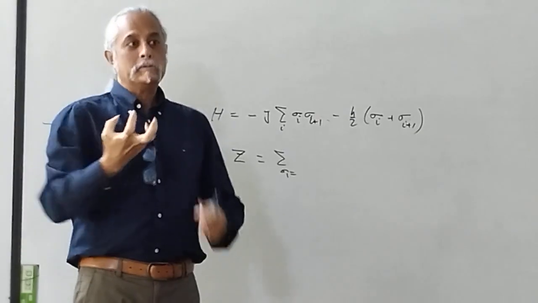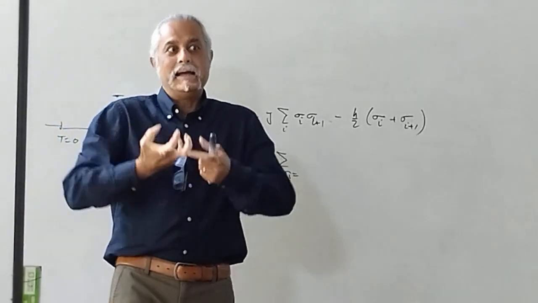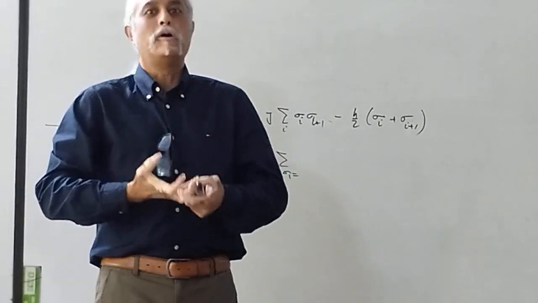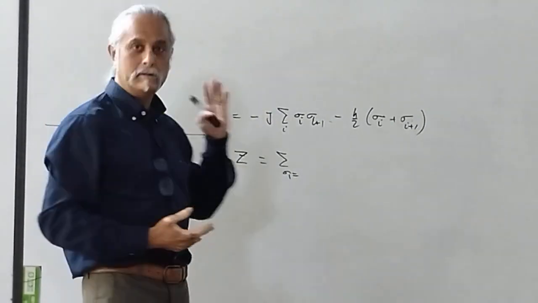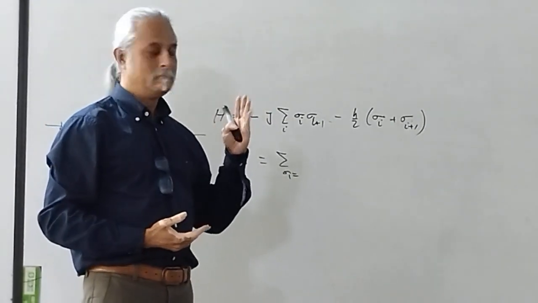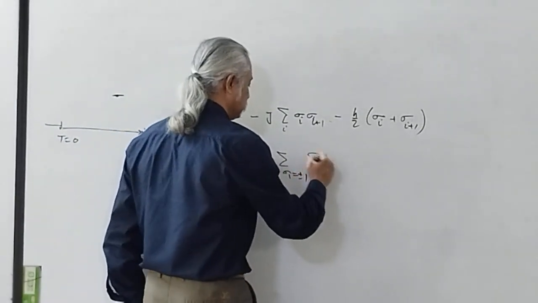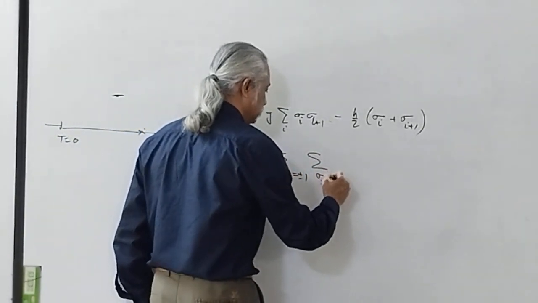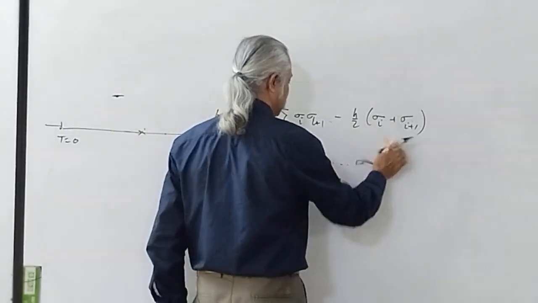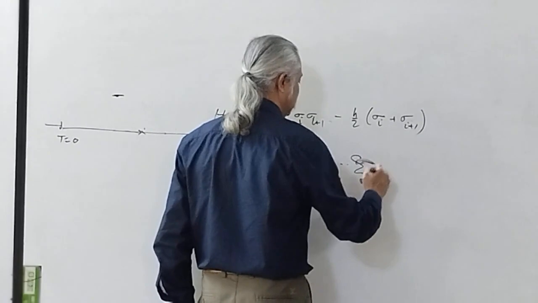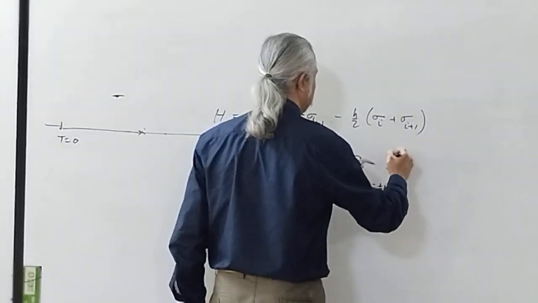Yet it can capture the essential essence of phase transition, and that is the triumph of the Ising model. তাহলে sigma 1 equal to plus minus 1, sigma 2 equal to plus minus 1, এরকম ভাবে sigma n, which is equal to also plus minus 1, e to the power minus